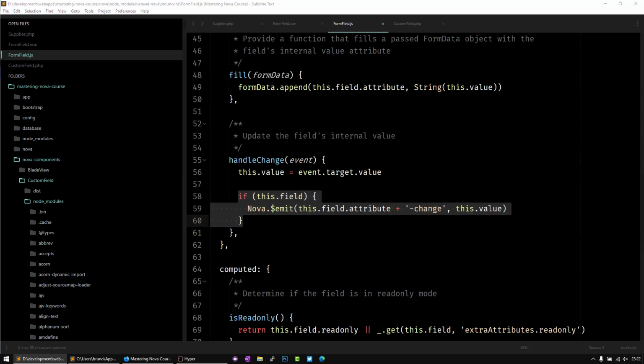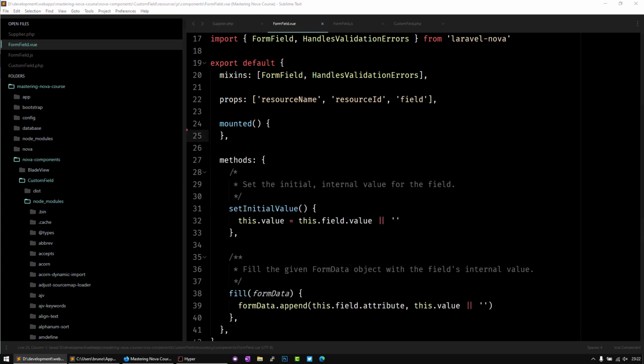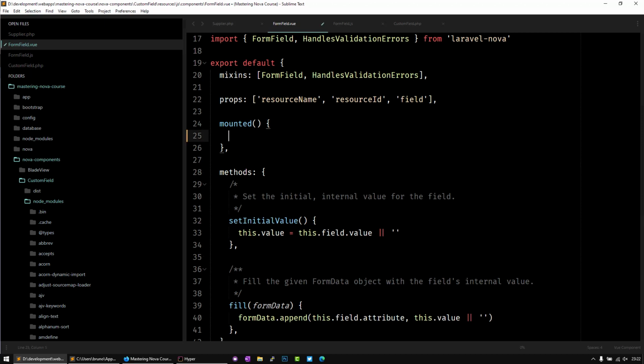So given that, what we need to do is to go back to our form field here, and let me just take this mounted, that doesn't do anything, this console log. And what we need to start doing here is actually, on the mounted, to pass that. So when I mount the field, I want to inject this logic in case the listen to is there. So it's very simple. So what we do is basically if field dot listen to, in this case,